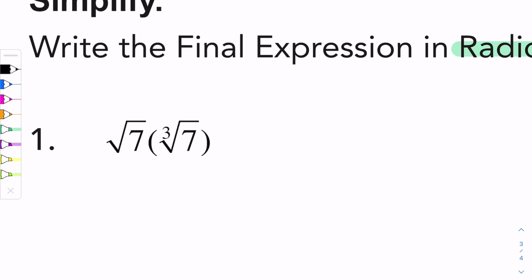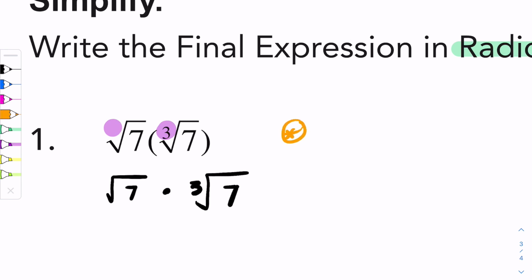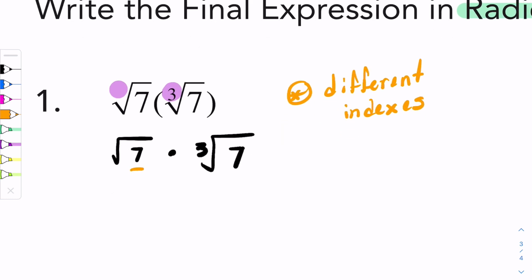knowledge to do that. And what I'm talking about is because we have the square root of 7 multiplied by the cube root of 7. I'm just going to write this out like this. Okay, so we can't multiply these together because we have different indexes. If we have different indexes, then radicals don't help us,